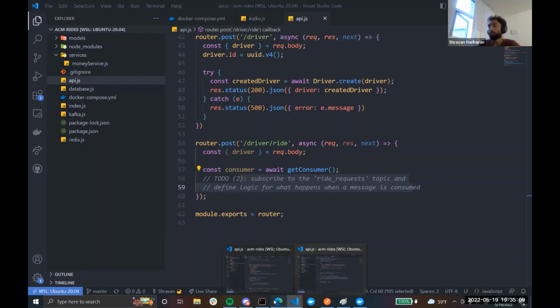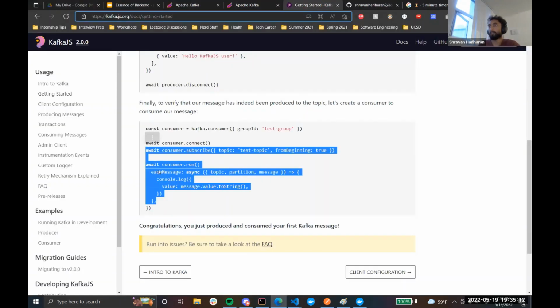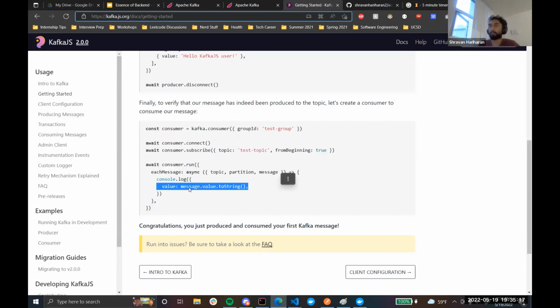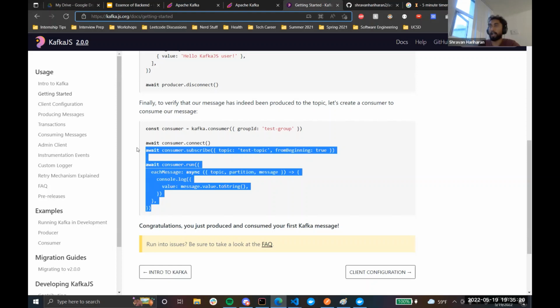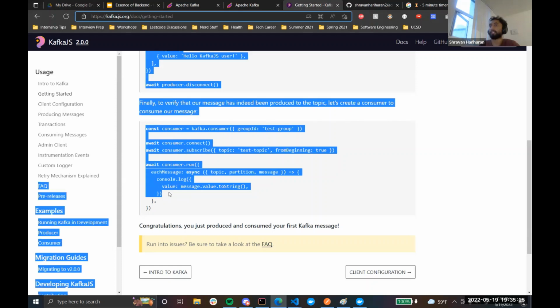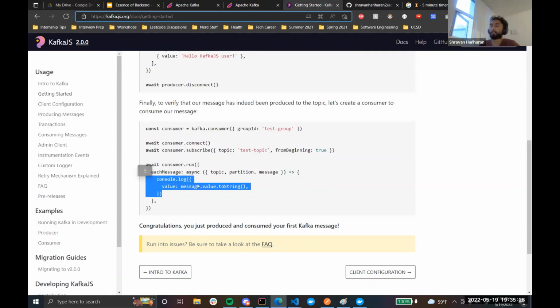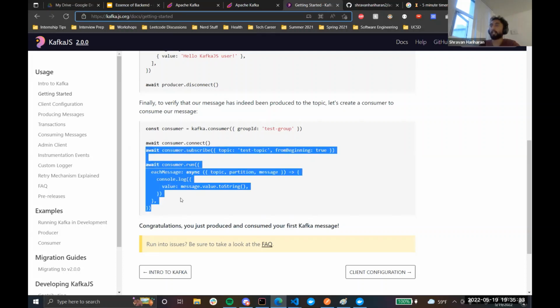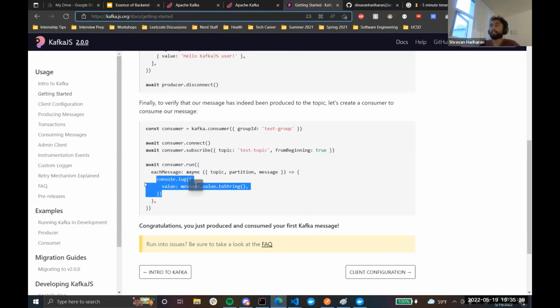So what we want to do is subscribe and then run something. Then on each message, we have some business logic that needs to be run. The task is to figure out what needs to happen in this business logic down here. Right now there's a console log statement, but essentially these two lines are most of what you need. Then inside here, what should happen when we get a message? Think about it from a product sense. When a driver says that they're ready and a passenger is already there, or there's no passenger, what